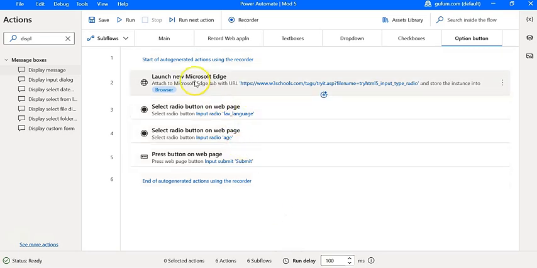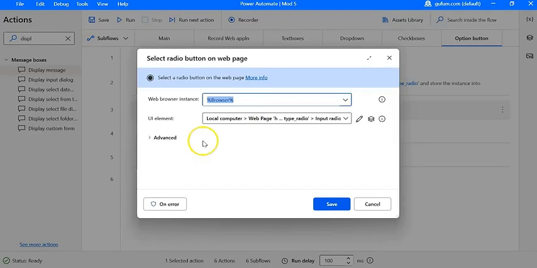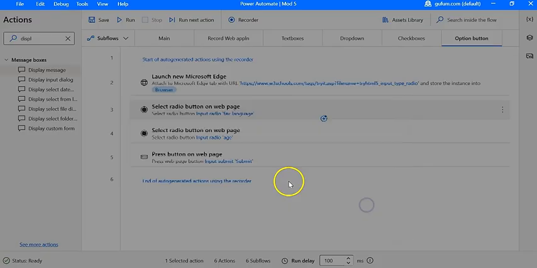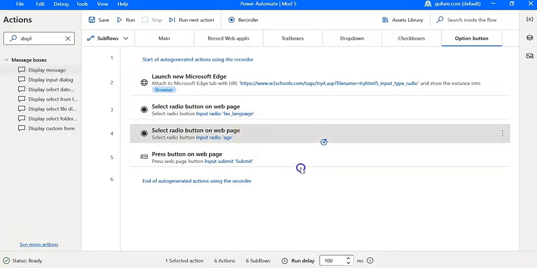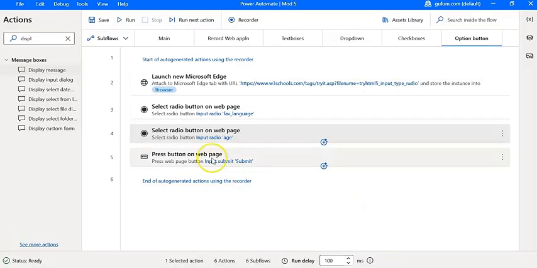Okay, what do we have? Launching, attaching to the URL, selecting the option button from the first group. Let's see what options does it have. Just a browser instance and the correct UI element. That is the third one, JavaScript one. Same with the second group. That is the age one, 61. And final submission of